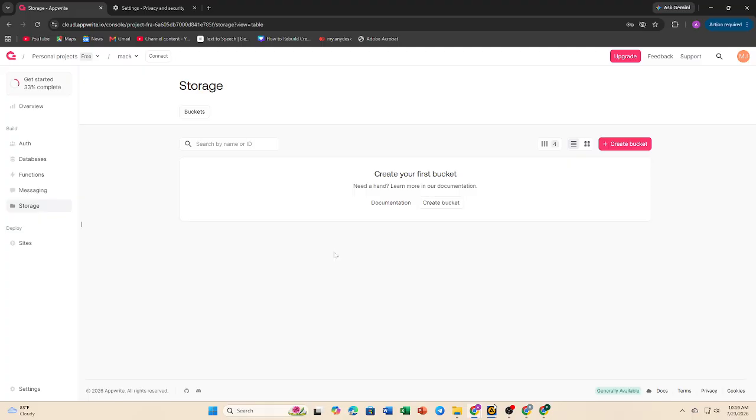And that's it. You now know several effective ways to optimize Appwrite performance and keep your backend running efficiently as